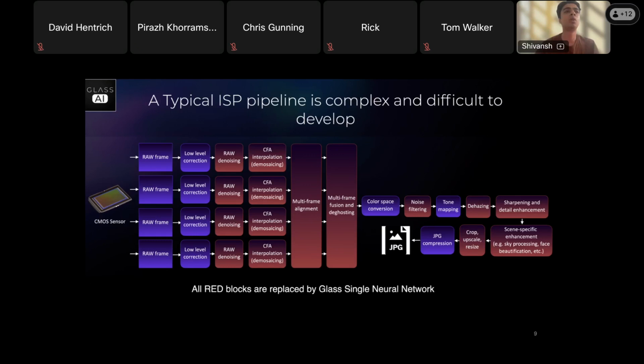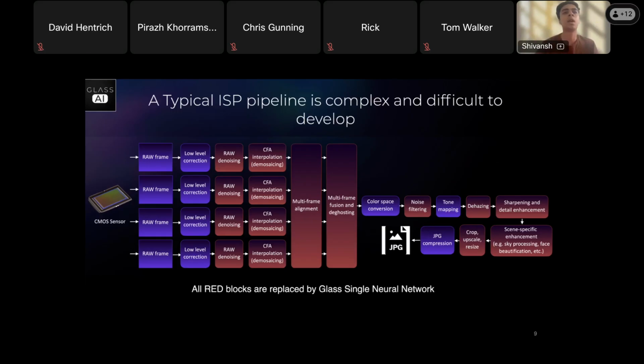This team would denoise your input set of raws and pass that to the multi-frame alignment team. This alignment here is just image registration. So this team would essentially take in these bursts of denoised and demosaiced input images and align them with each other so that they all come to the same reference frame.